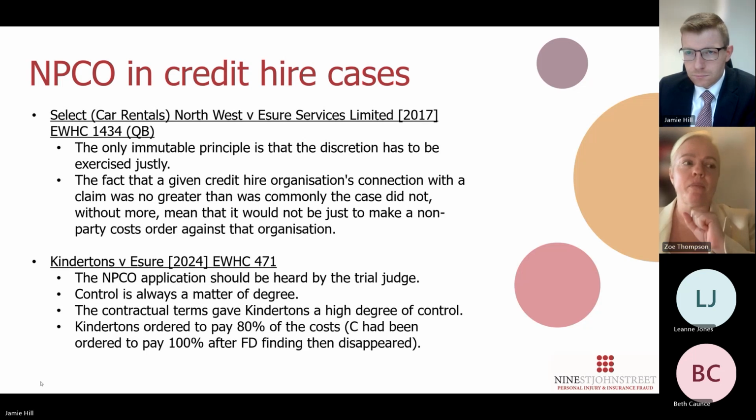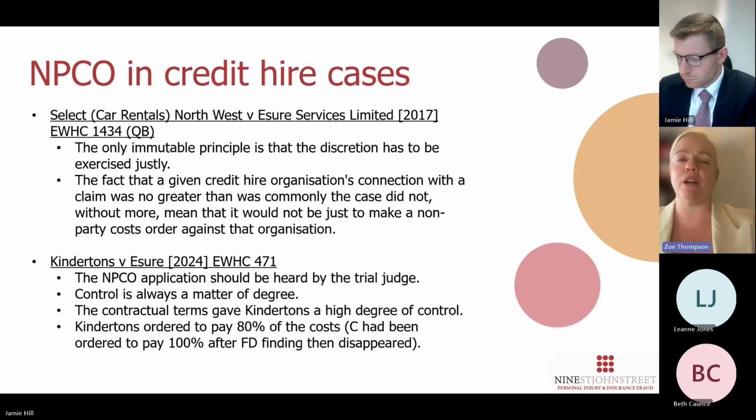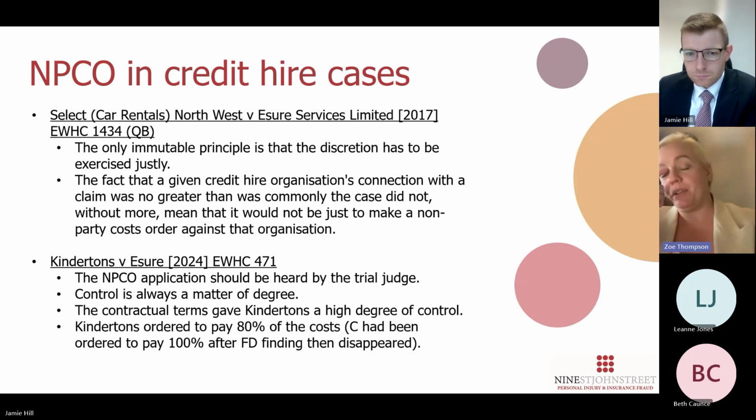So a good decision, but my concern after this case was always that claimants are going to point to what was an evidential golden nugget that the defendant had in that case, where they got the concession from the claimant in cross-examination that the credit hire company had actually spoken to him and told him not to take the replacement vehicle. But then we had very recently, if we move on to the next slide,